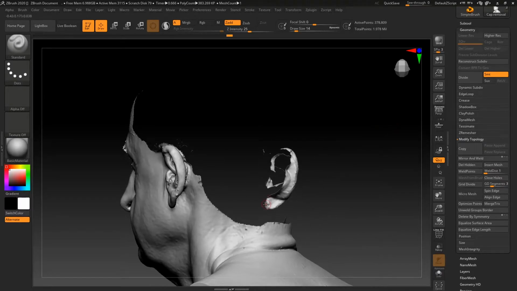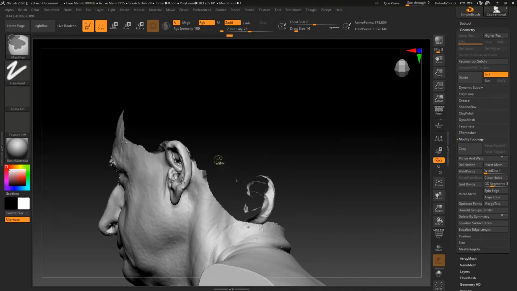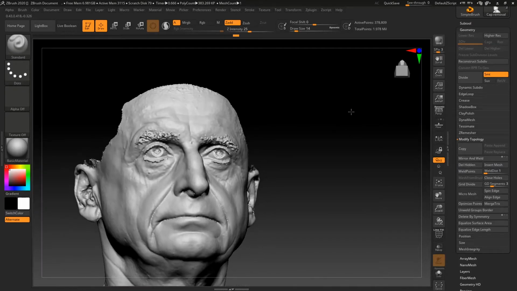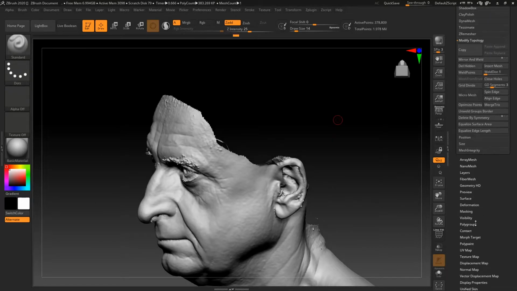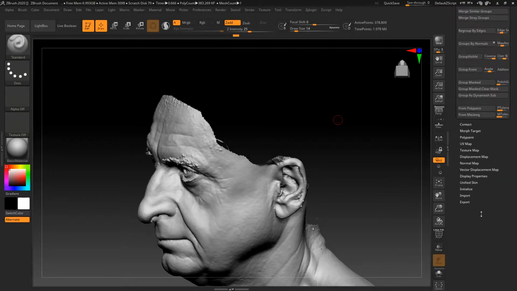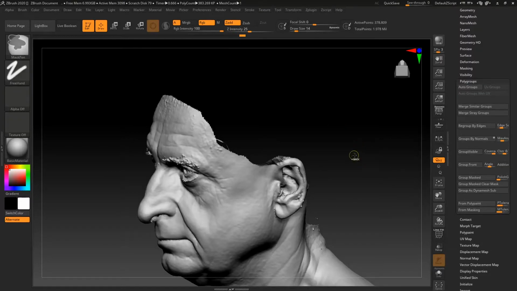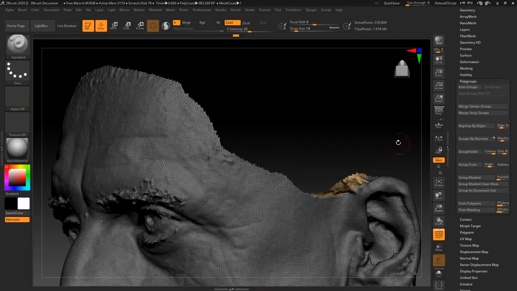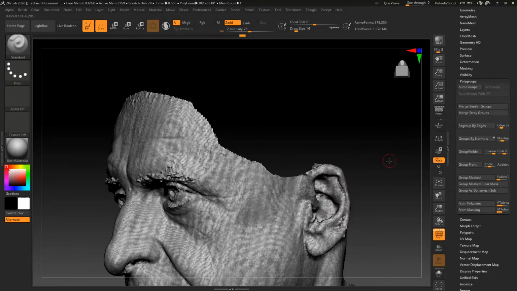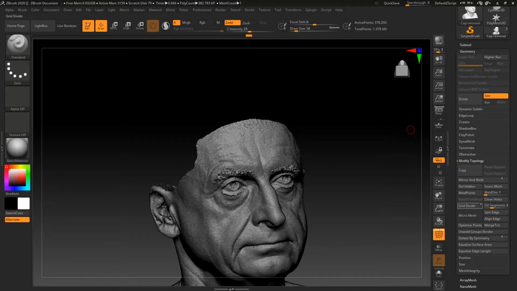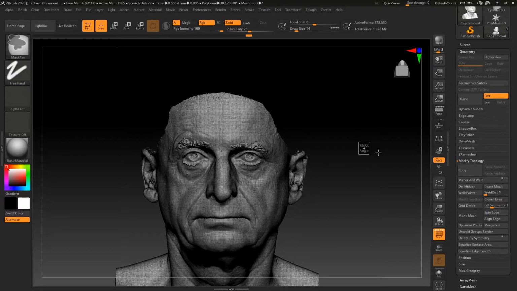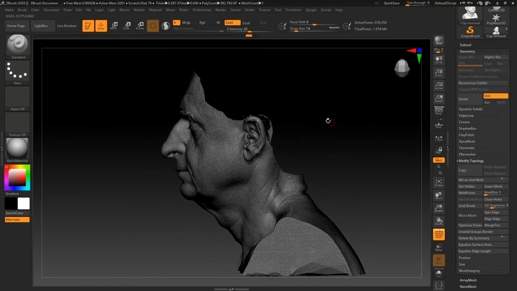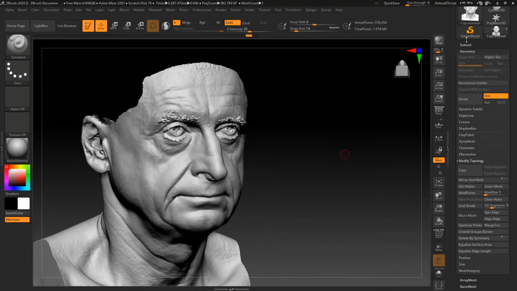Just checking for any random hair pieces that are around, such as here. Let's just go to group masked, polygroup, group masked, and then group again. Let's get these areas. And then you're going to do the same thing again, which is delete hidden. Didn't mean to do that. So now that we've got this,